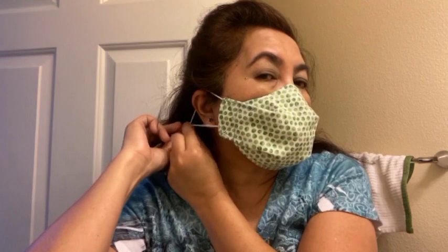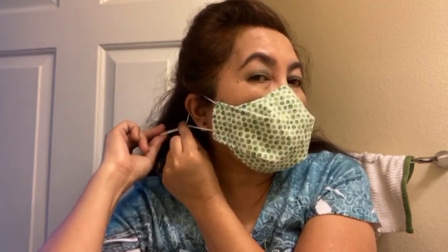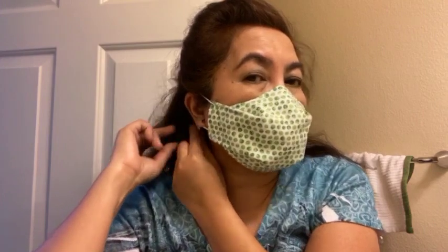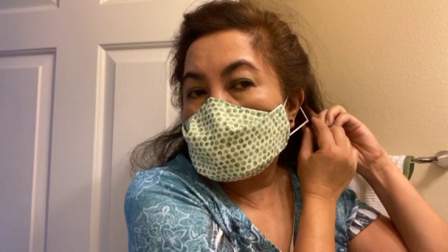If you want a bigger size, then there's a size large. That's the one I made for my son. And here is adjustable elastic. See, I can tighten it, I can loosen it. Perfect. See, and it's very comfortable to wear. Okay,